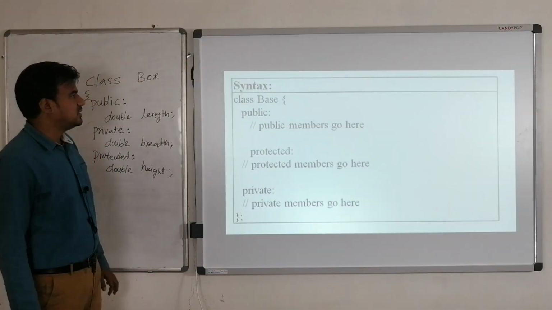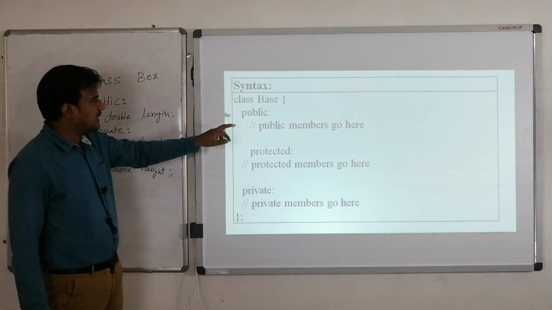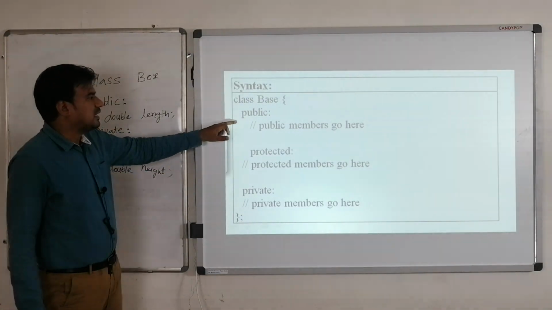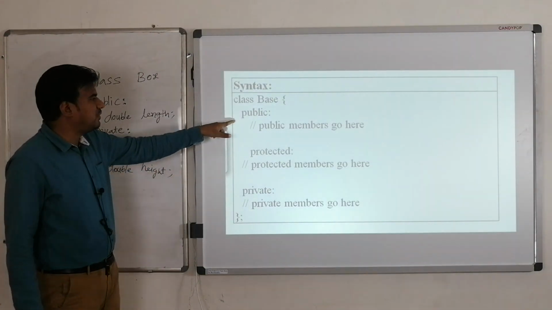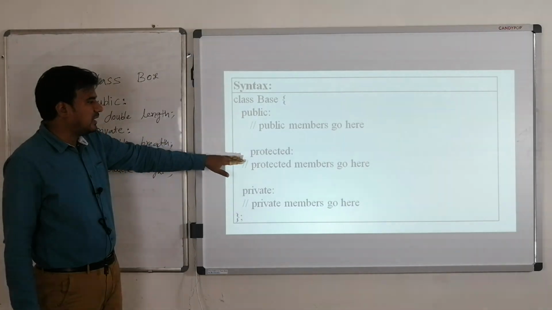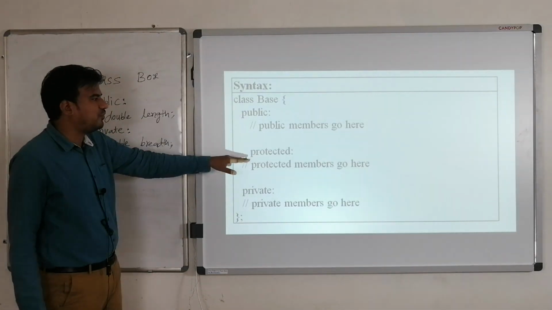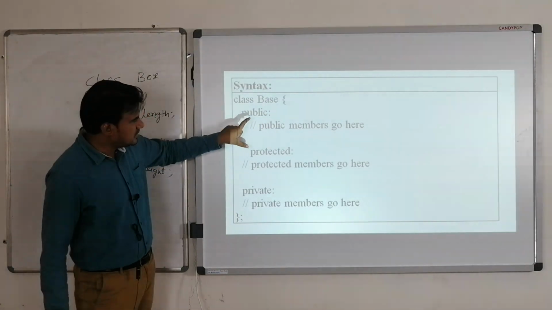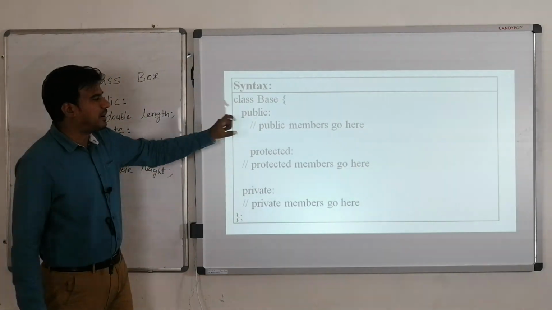Welcome back, students. So as you can see over here, I have started a class and then I'm using three different types of access modifiers. First I'm starting the access modifier public. So the scope will start over here, and until and unless I start the second access modifier, that is protected, the scope will remain. And whatever data members you are going to put in this section between this public and protected, all those data members will become public only.